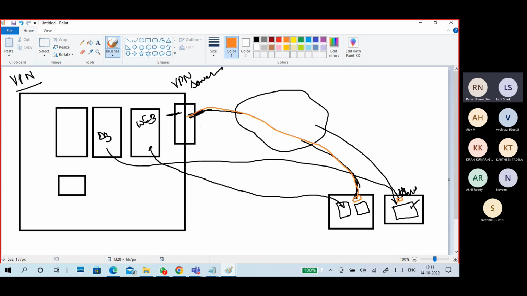The VPN server verifies your user identity and password: what is your username, password, and which type of tunneling protocol you are using?